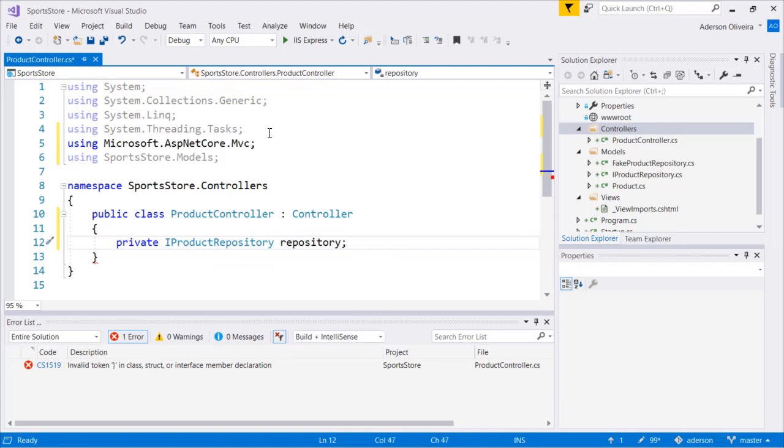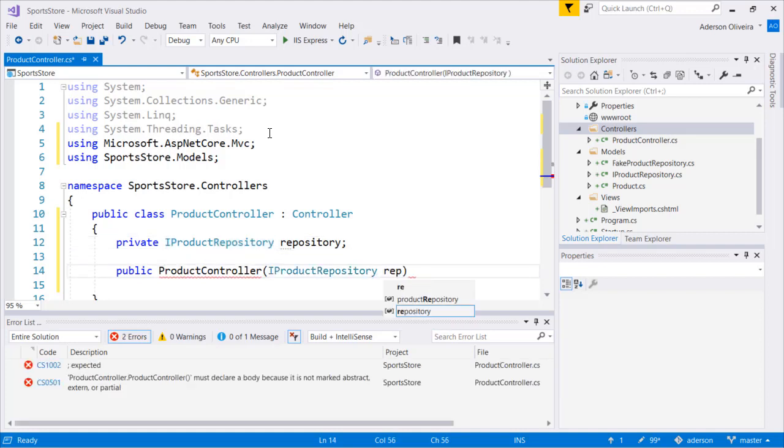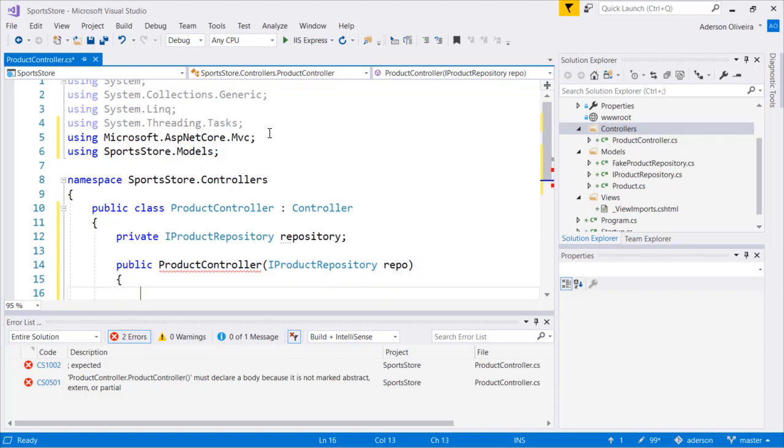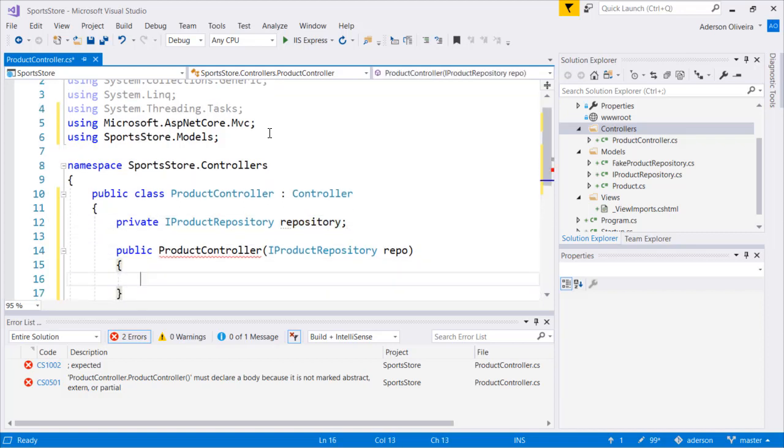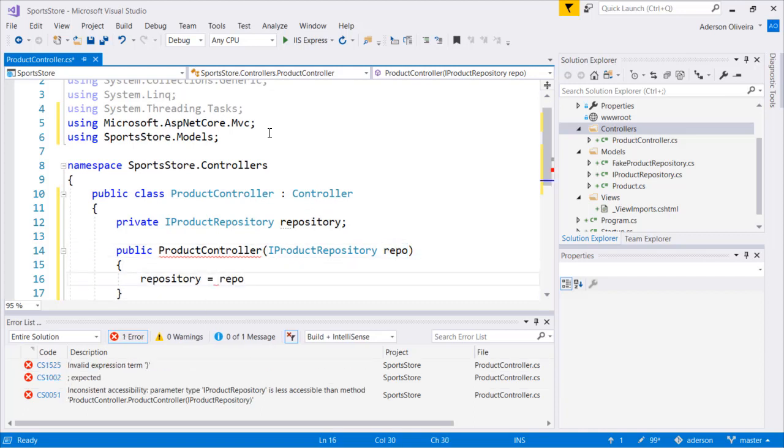And then in the constructor of our ProductController, we're going to use a public constructor here called ProductController. We're going to pass an IProductRepository called repo, and you're going to assign repo to our repository. Now, this is the magic of dependency injection, because now whenever